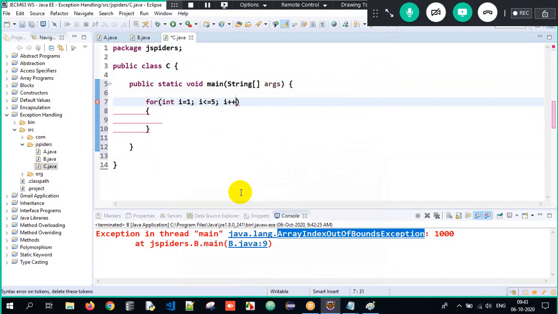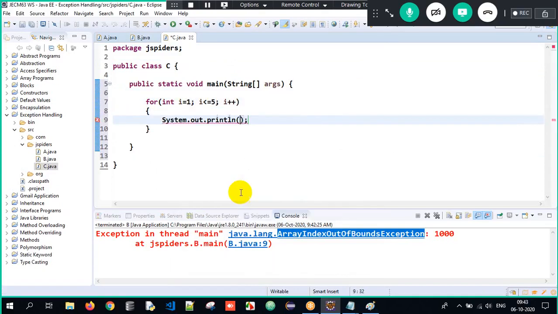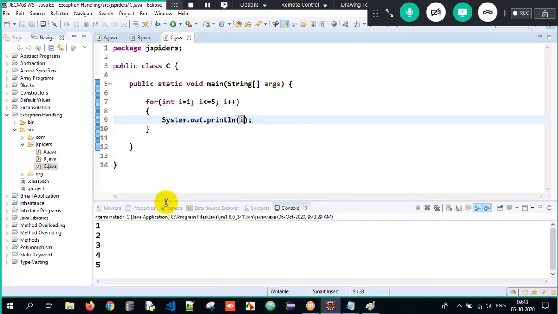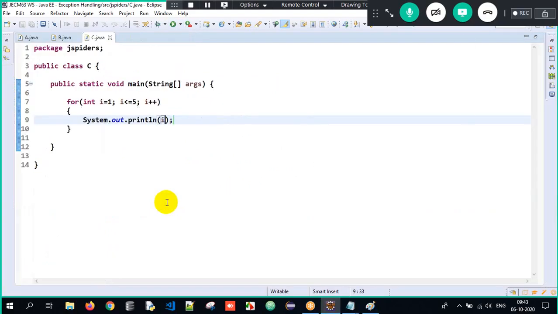Here I'm going to print the value of i. When I execute it, I will get the output as 1, 2, 3, 4, 5. Absolutely, we got the output as 1, 2, 3, 4, 5.